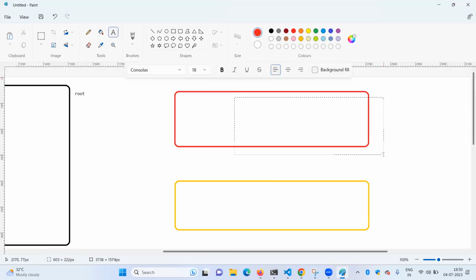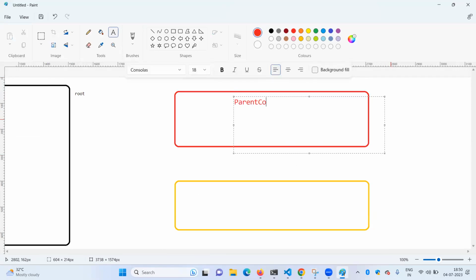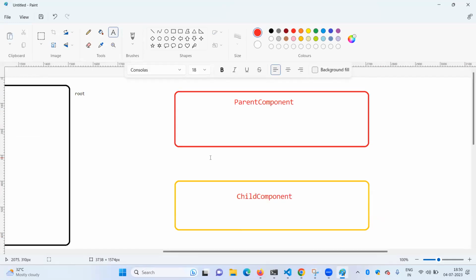Let me write here: this is your parent component, and this is your child component. So the question is, in some cases, if the parent component wants to send the data to the child component,